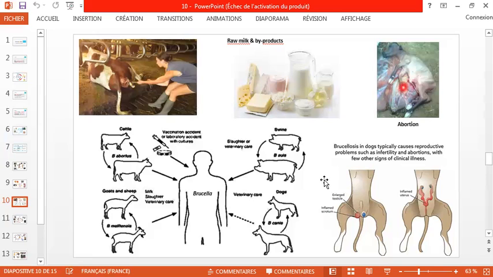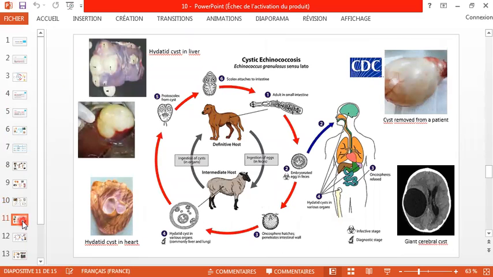And in general, in animals, the symptoms are abortion in cattle. Okay, but it can be also, like here, the inflammation of testes or uterus in ducts. Okay. Yeah, here it is